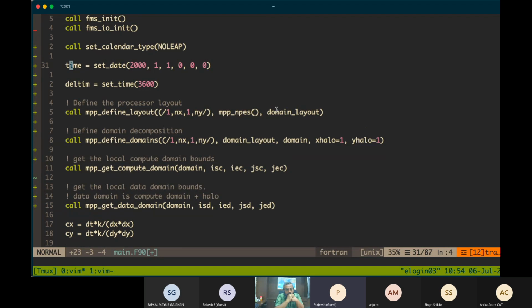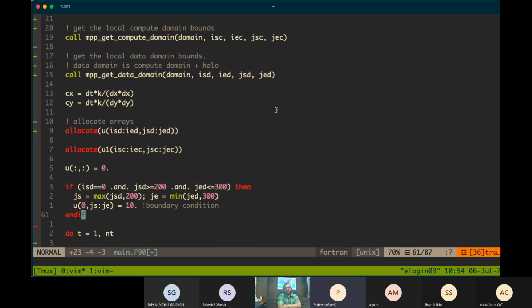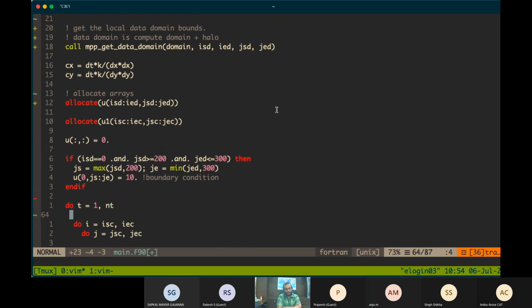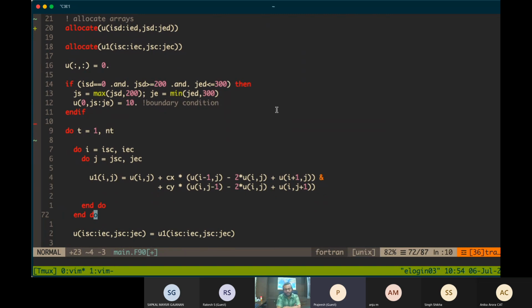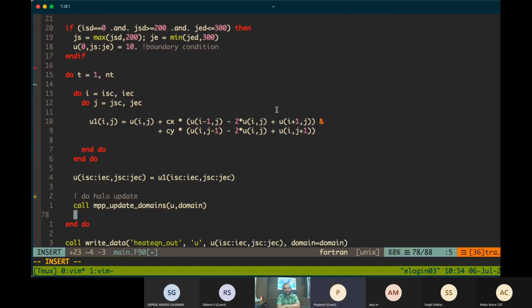So now we have the initial time set to 2000 January 1st, 00 hours, and the delta time is 1 hour. So after every loop, we are going to update the time.